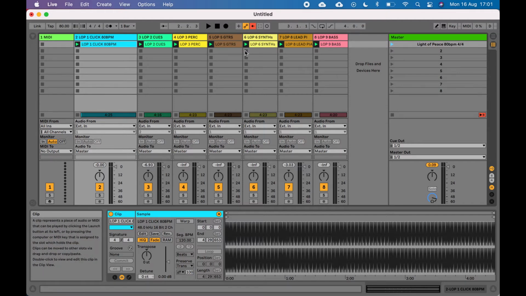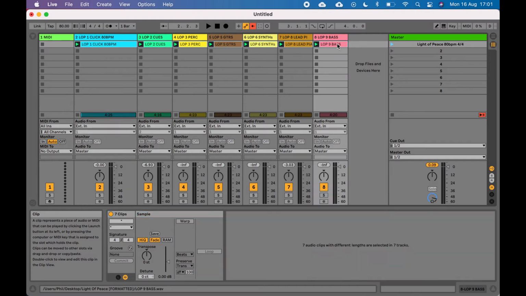What I want to do is select all of them. So I'm going to select the top one, and then with my shift button held down, I click on the last one and it selects all of them. And I'm going to warp all of these in one go. Okay, so I come down here and there's a little warp button. Now this is currently showing me the settings of where it says all 7 clips, and I'm going to warp all 7 clips,